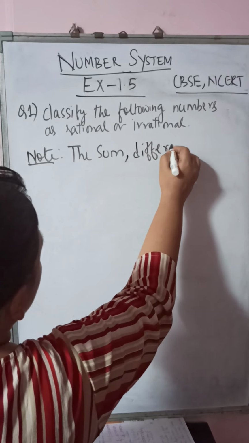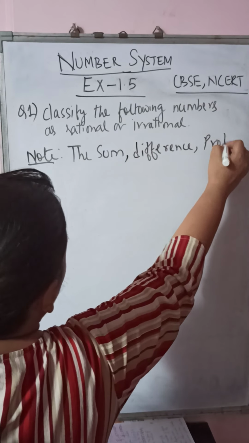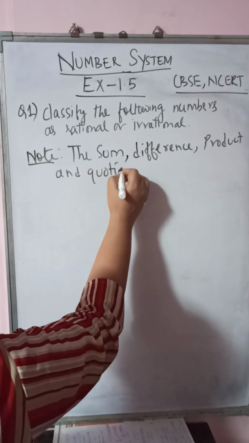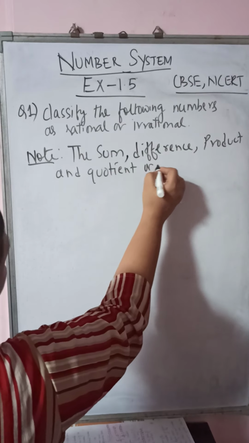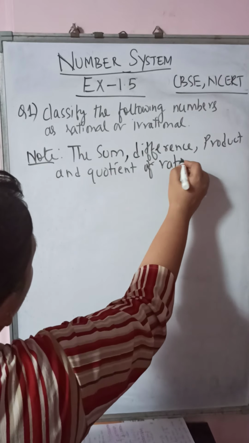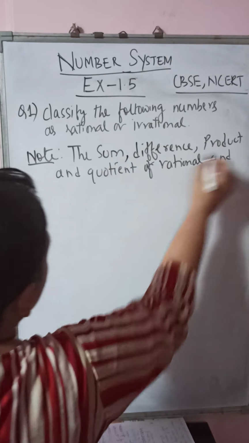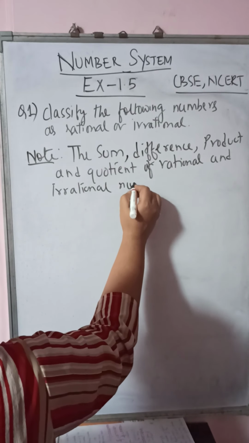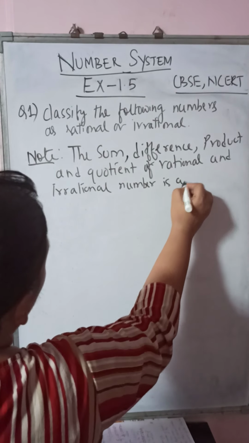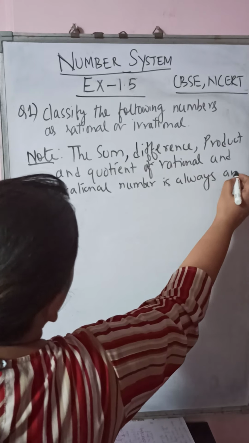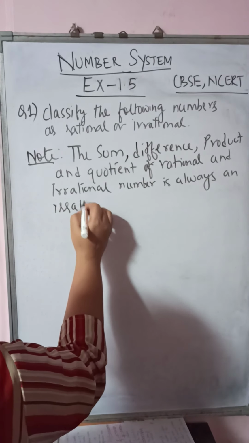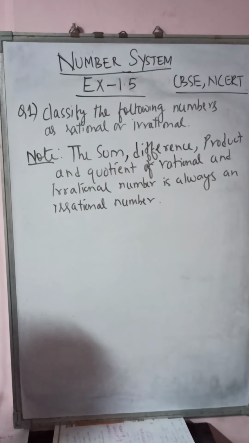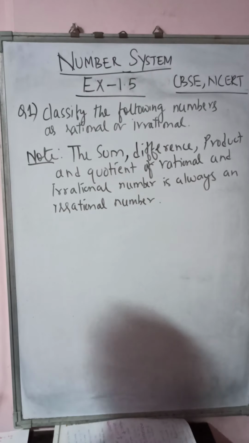difference, product and quotient of rational and irrational number is always an irrational number. Okay, now the first question is